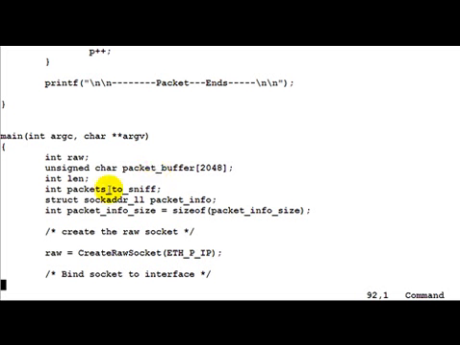Len you would get to know a little later. Packets to sniff is basically the input which the user gives as to how many packets to sniff, display on the screen, and then exit. Sock addr underscore ll, packet info, is nothing but some of the information which the kernel gives back to us about the packet which we have sniffed. We look into this structure a little later. Packet info size is nothing but